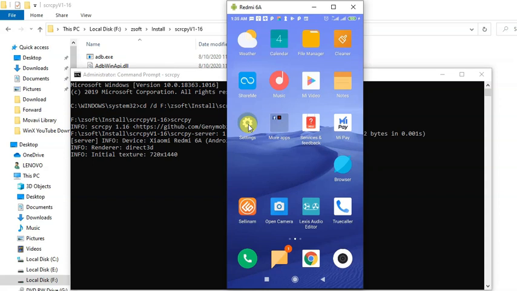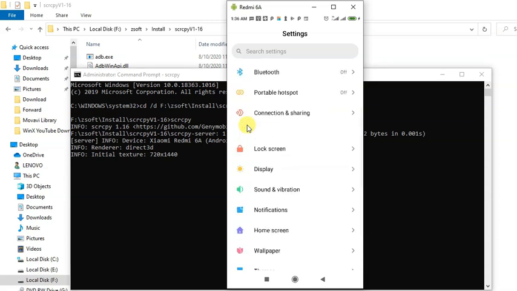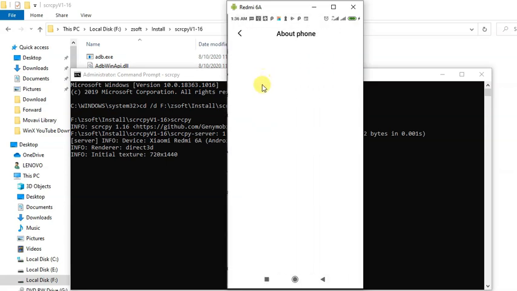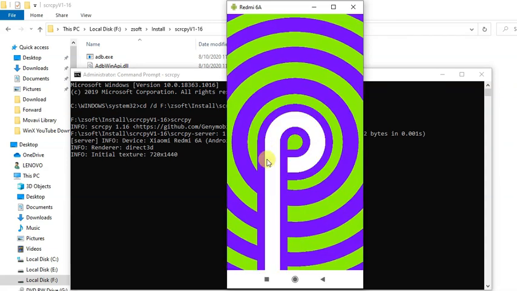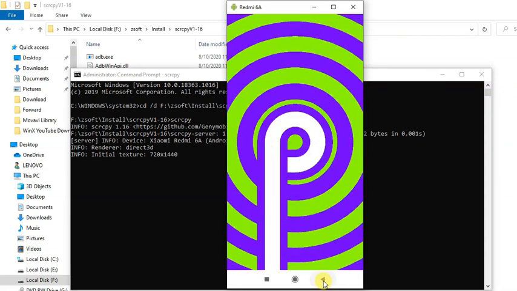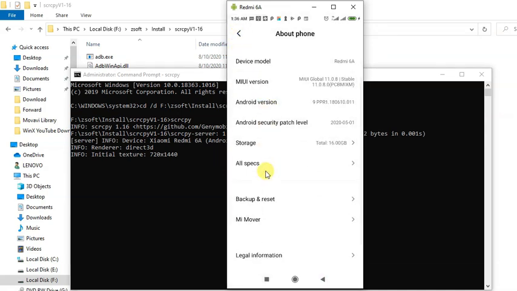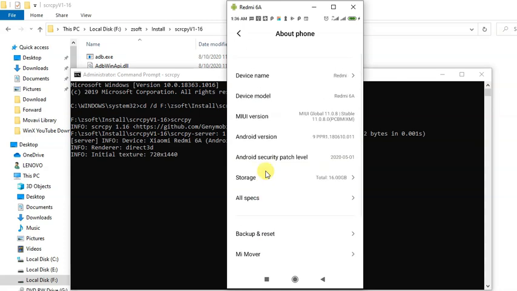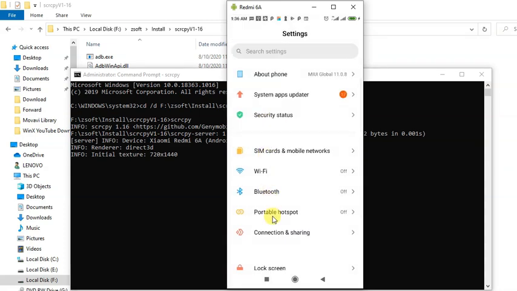Before that, we have to enable developer options in our mobile. So in our settings, go to About phone. Here, when you click on Android version multiple times, your developer mode is enabled. After that, you have to come to the advanced settings and enable the USB debugging.